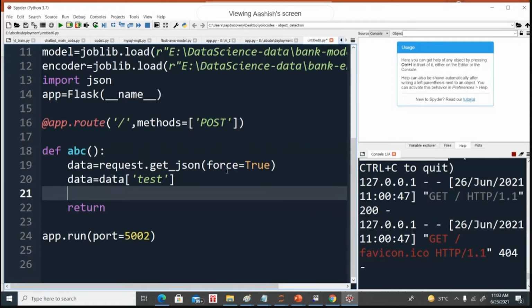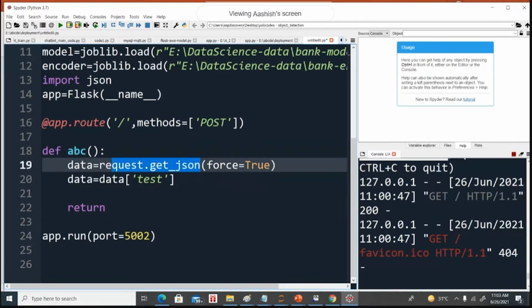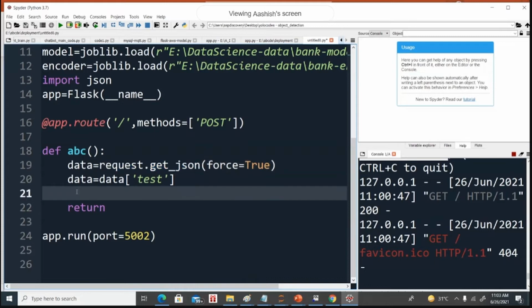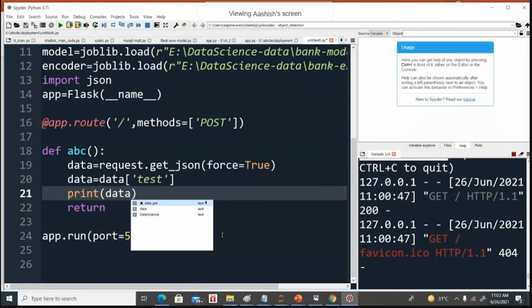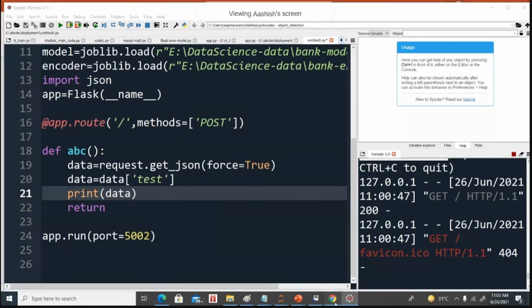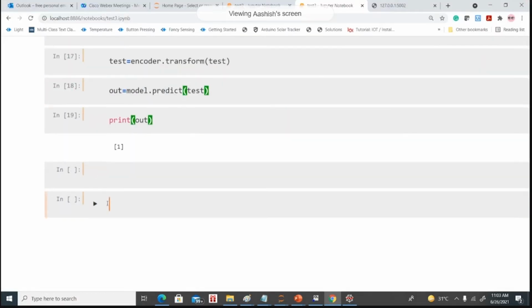So the client has to send the information in the JSON format only, where we have a key and a value. The key is the name of your variable, and the value is the information. Let's say credit score is the key, and the value is 450. So we're specifying that request dot get_json gets the data in the form of JSON and stores it in the data variable. Then we perform the slicing and create a particular